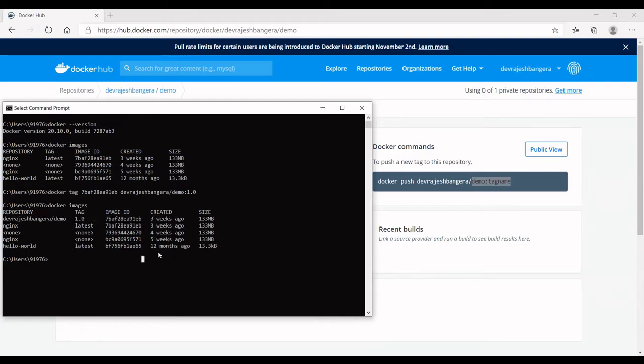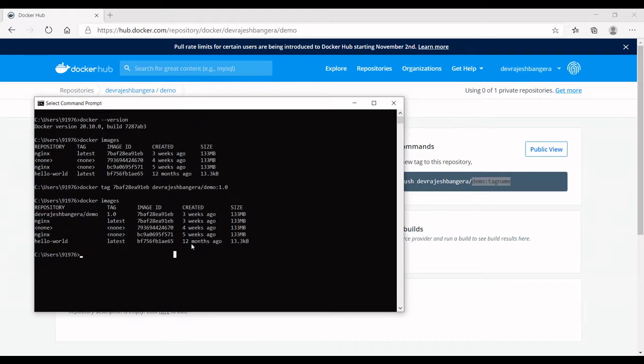Now before pushing it, one more step needs to be done, that is you need to log into your Docker Hub in this console. We have a command for it too. The command is docker login. It is using my existing credentials here.